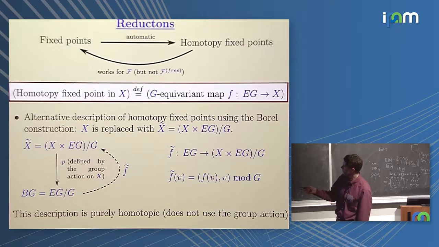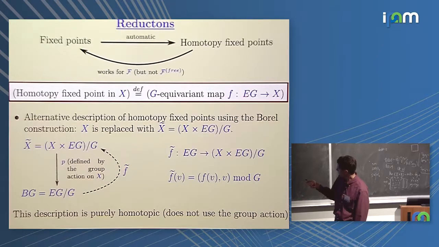A homotopy fixed point in an arbitrary space X with an action of group G is a G-equivariant map from EG to X. So a G-equivariant map from a point to X would be just a fixed point. And we're replacing the point by EG. And what do we gain from that? Well, we actually lose some information by considering maps from EG to X. However, one can